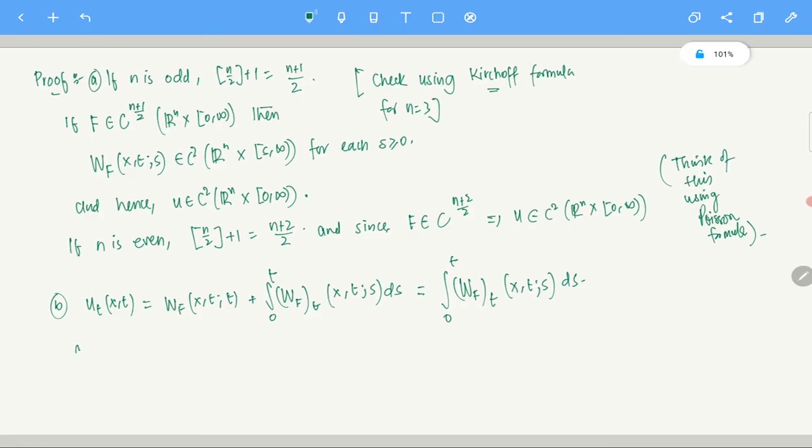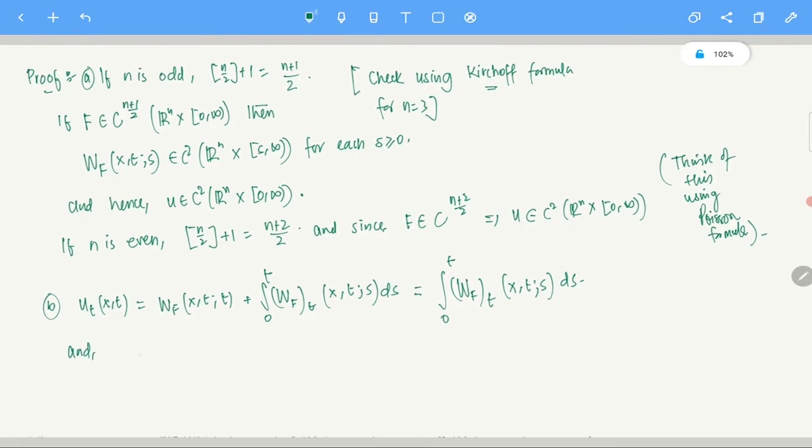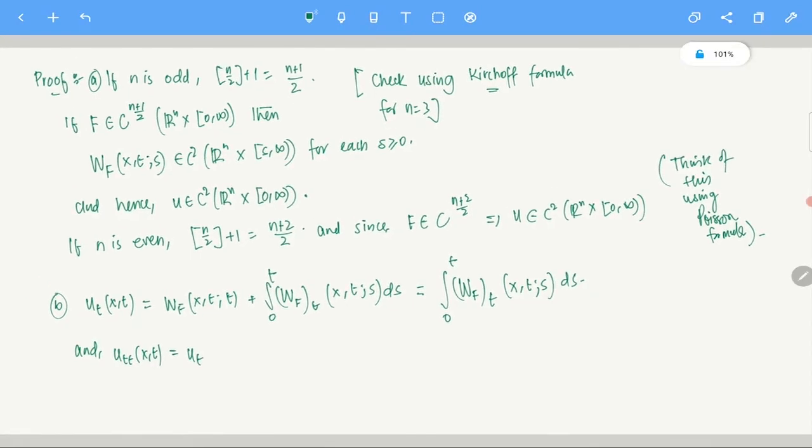Right now, what is u_tt of (x,t)? Again, I am just taking the derivative, differentiation under the integral sign. I did explain last time. This boundary term is 0, right? So basically, this becomes this, and then now I want to write u_tt. Then I have to differentiate this thing with respect to time. So the same kind of thing will happen.